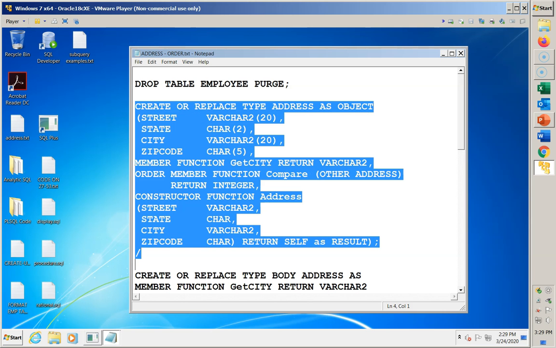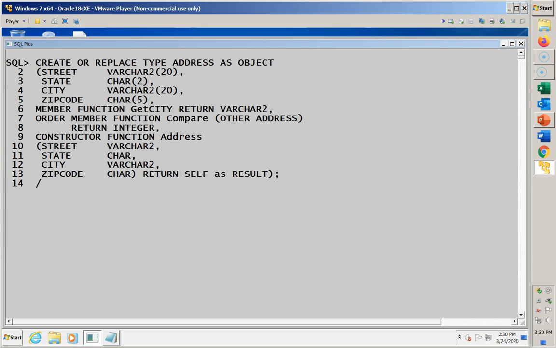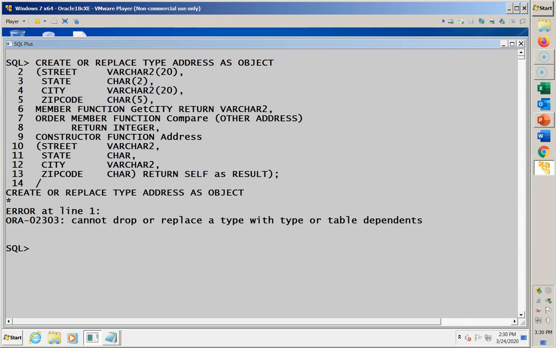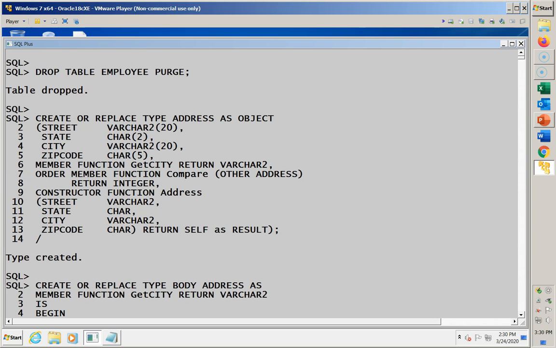Let's go and attempt to create or replace the type. And it tells us we can't because there's a dependent object. This is the reason that we're dropping the table before we try to change the definition of the address object type. When we drop the table first, we are then able to successfully replace the definition of the address object